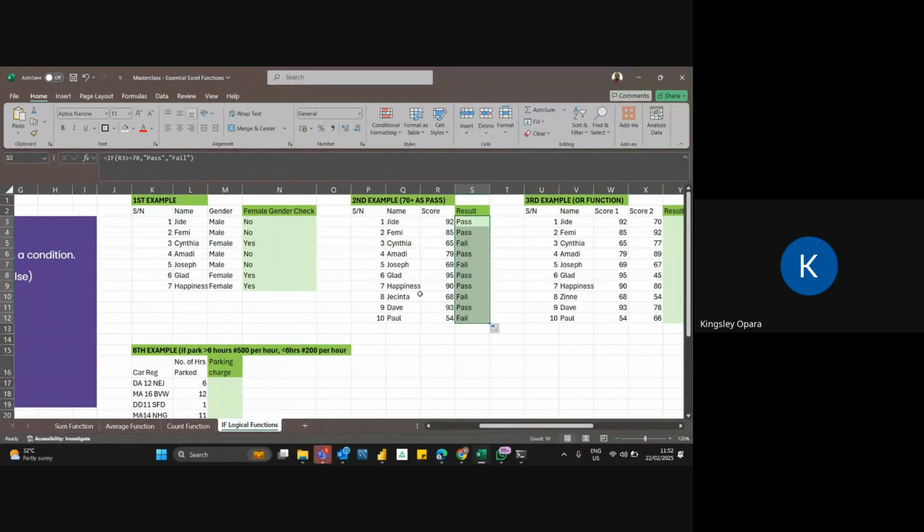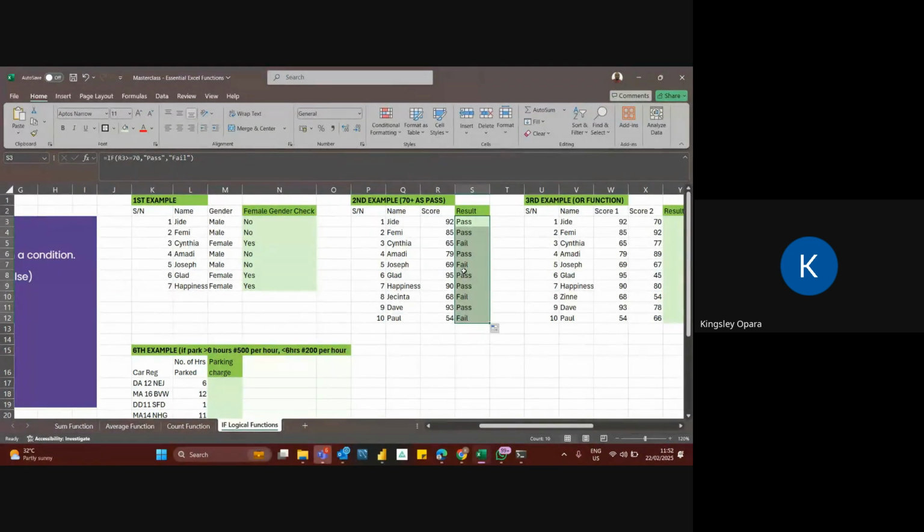So imagine this is a list of 10 students. Now imagine if we had 10,000 students. Just like in higher institutions, a particular department can have over 500 students, and a particular lecturer has listed his students like this in an Excel sheet. He wants to see how many have passed and how many have failed based on 70 and above as a criterion.